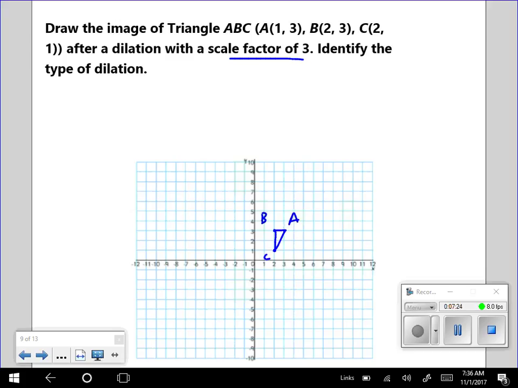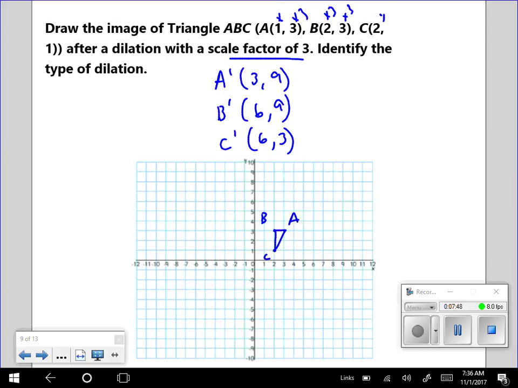So we're going to multiply each piece by 3. So A prime is going to be 3, 9. B prime is going to be 6, 9. C prime is going to be 6, 3. All I did was multiply 1 times 3, 3 times 3, 2 times 3, 3 times 3, 2 times 3, and 1 times 3. So I'll graph these new points. We got 3, 9,